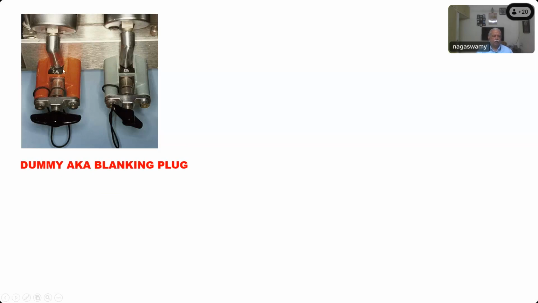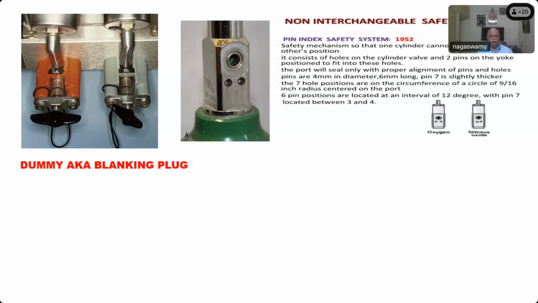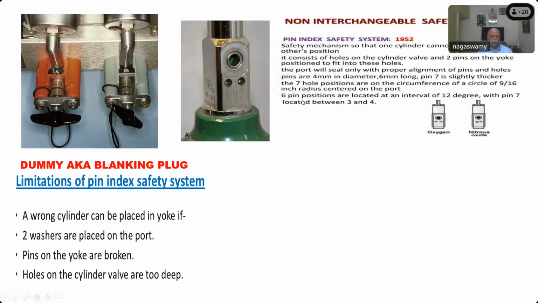And this is the old C3H6. What is the formula? Cyclopropane. So this was a very old machine where cyclopropane assembly was there. This is carbon dioxide. You can see the name written here. So nowadays they are not using it. So they have covered it with what is called the dummy plug. Then there is a non-interchangeable. Of course, this is a closer view of the pin index holes and the outlet for that. And immediately after that outlet, there will be a check valve to prevent any